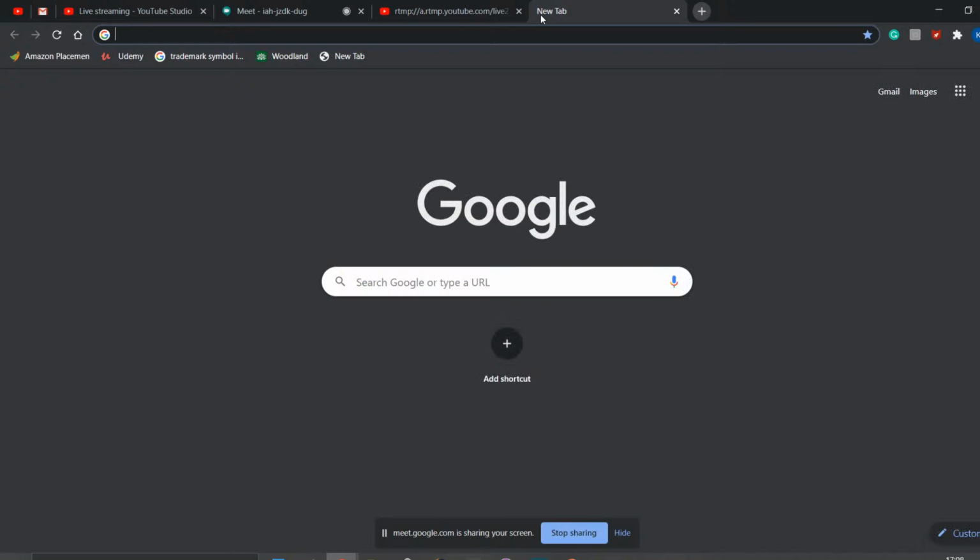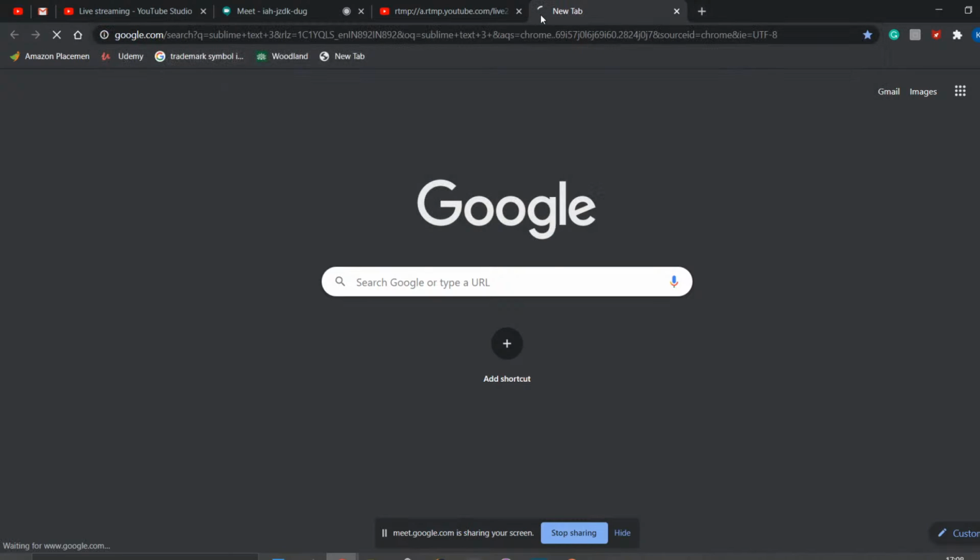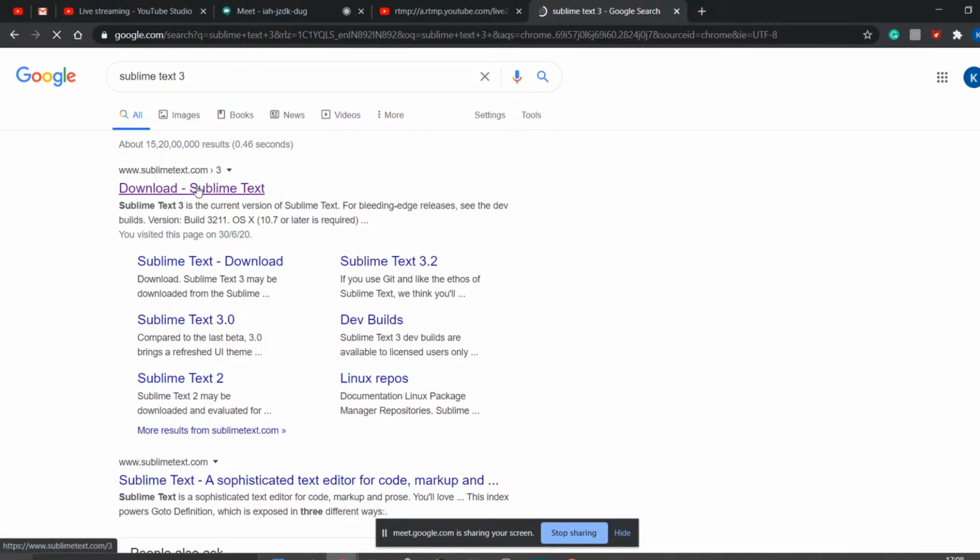Let me go here and see. We will be seeing the software that is recommended for the tools, and first of all we need a text editor. I recommend using Sublime Text. This is where you can find the downloads.